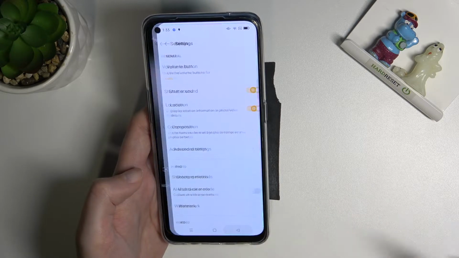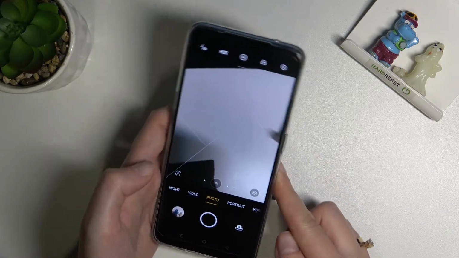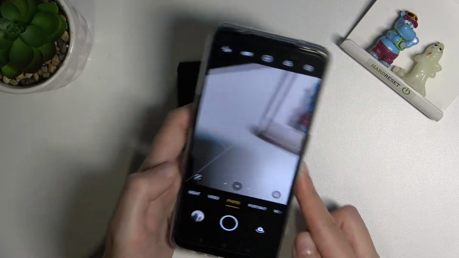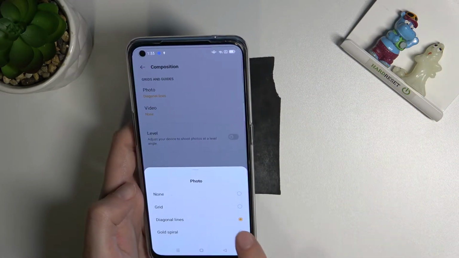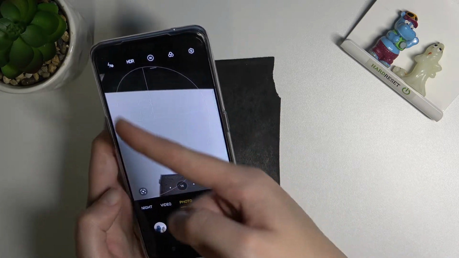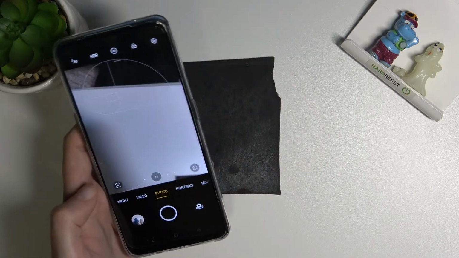So now the grid lines have changed here in the preview to this type of view, and they are also useful when we want to make experiments with composition in our picture. And let me show you the last one here, so the gold spiral. And now we can see this type of line here with spiral, and of course remember that all of these